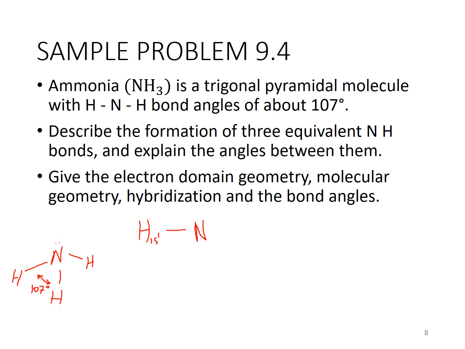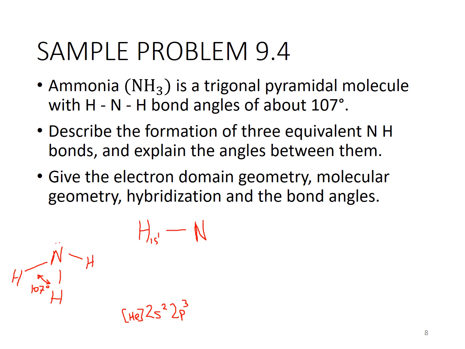and hydrogen. Nitrogen in its ground state has 5 valence electrons, and that would normally be the 2s2 and 2p3, right? We know it has a helium core here. Okay, so these are the 5 valence electrons, but this is going to form a certain geometry. We have 4 electron domains, which is tetrahedral. So this has a tetrahedral electronic geometry, but it's trigonal pyramidal